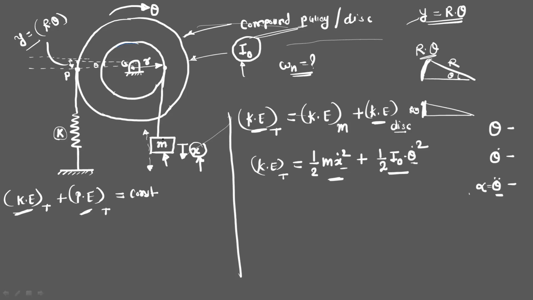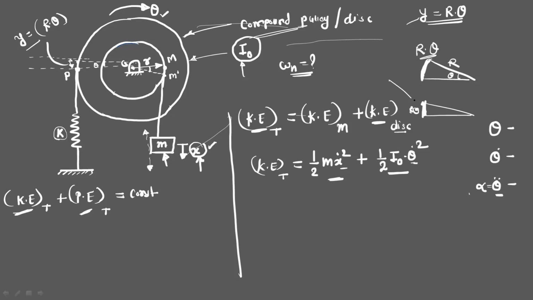Just observe that mass m is directly connected at this point. Let us take this point as point m. When we move this mass m in the downward direction by displacement x, this point m will also move in the downward direction by the same displacement x. Let us take point m moving to this location, which is m dash. So this disk will rotate by angle theta, which will be a very small angle, and therefore m and m dash will be on the same vertical line.